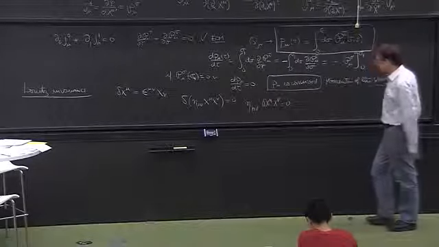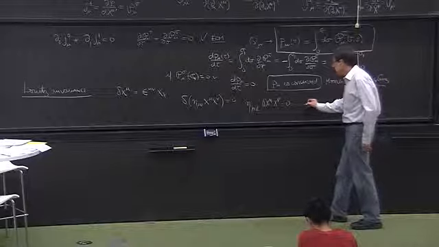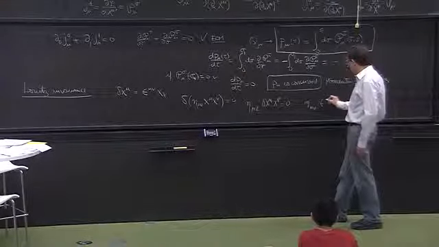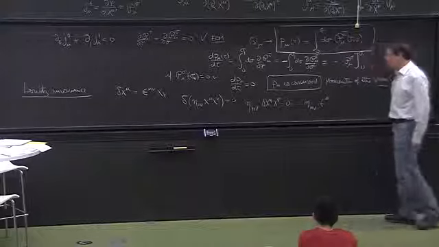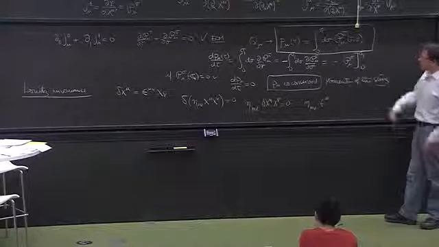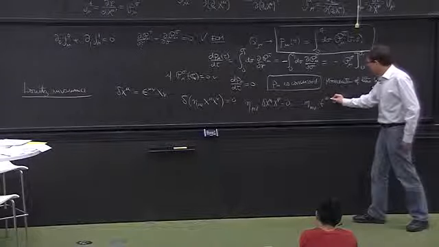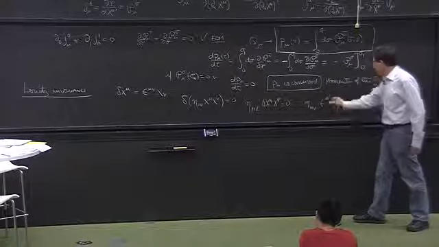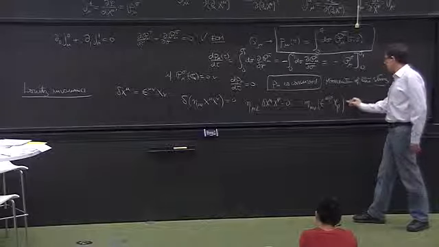There's 2 terms there still, and this is eta_{mu nu} epsilon^mu_rho x^rho times x^nu